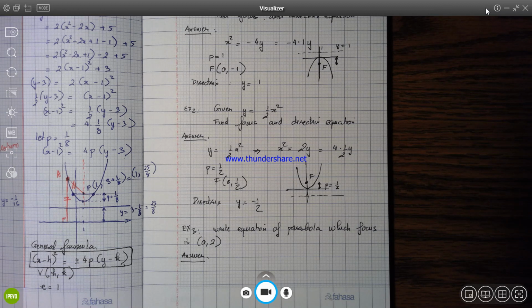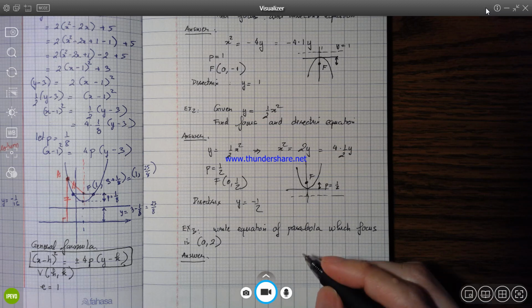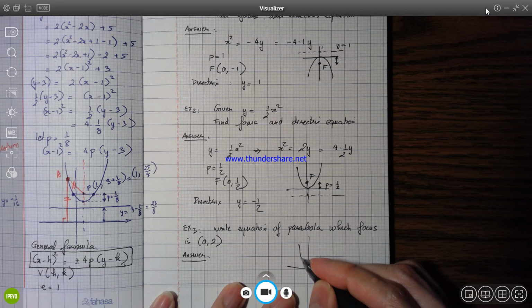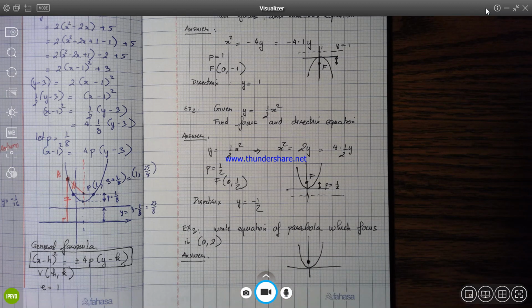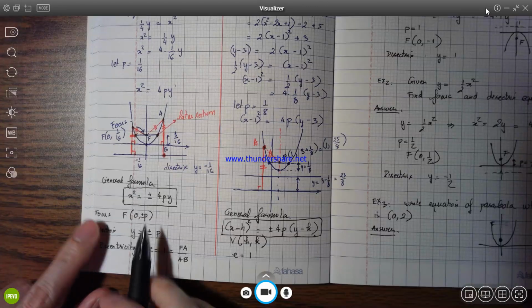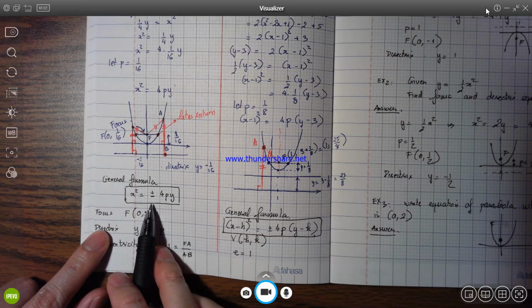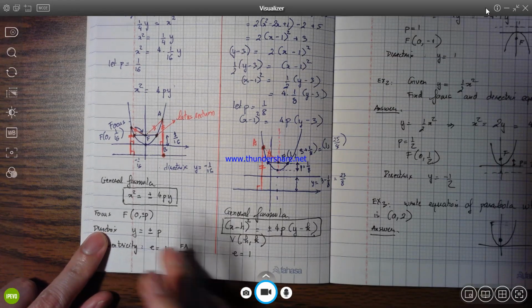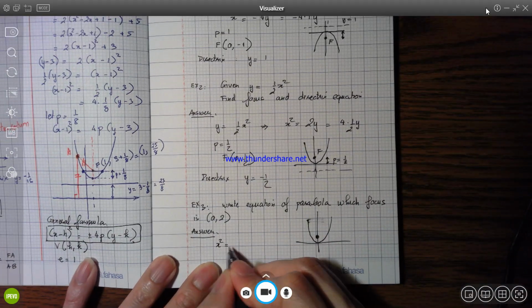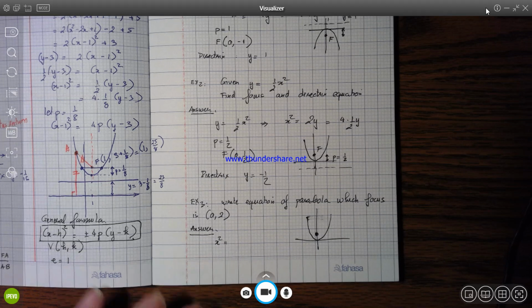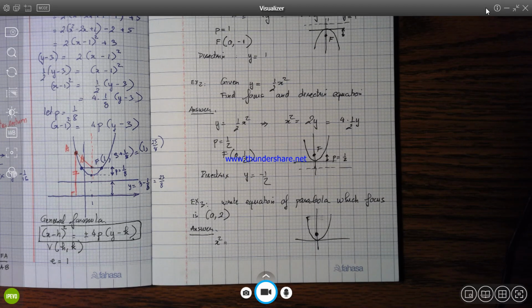It means your parabola must be opening up like this, because (0, 2) is right here. And if it is opening up, you know that you must use one of these formulas. Okay, then your equation must be x squared equal to, because it's opening up,